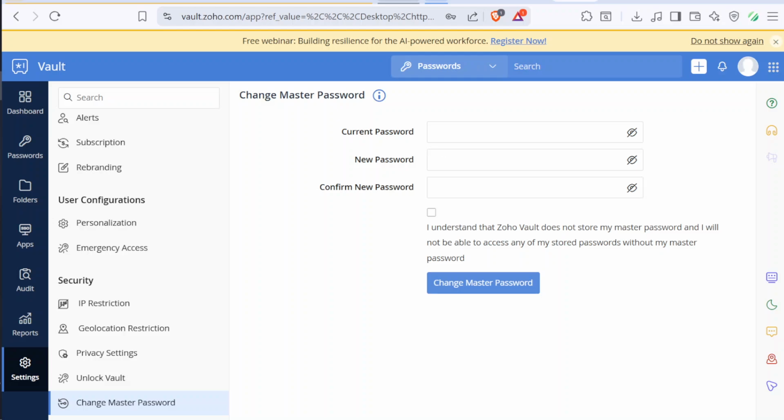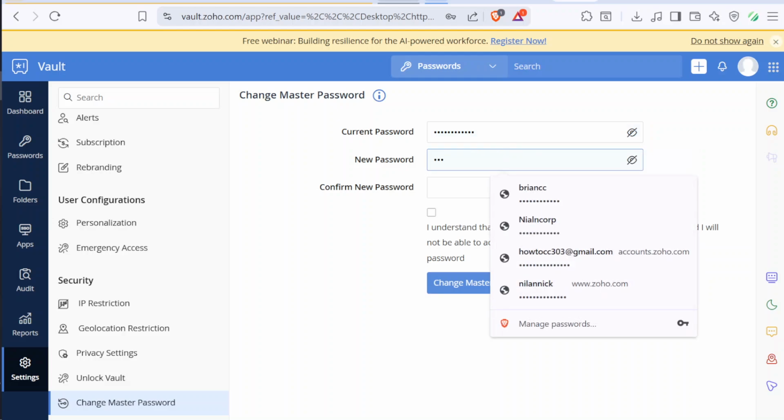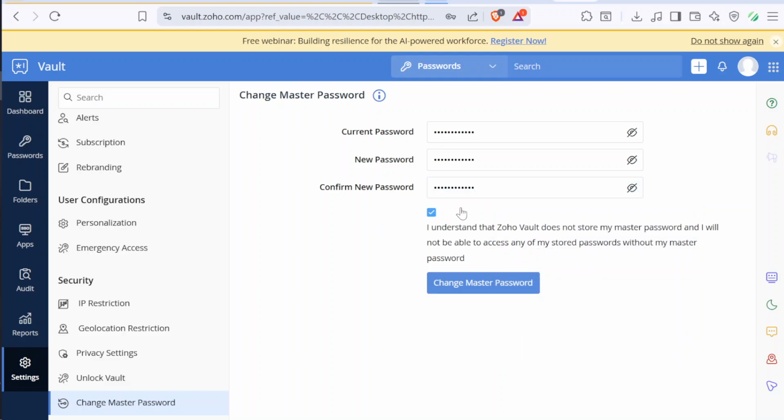On the new screen, enter your current password. This verification step confirms that it's really you making these changes. Afterward, input your new password. Choose a strong password that's both memorable and difficult for others to guess, typically a mix of uppercase and lowercase letters, numbers, and symbols. Re-enter the new password in the confirmation field to ensure there are no typos and that